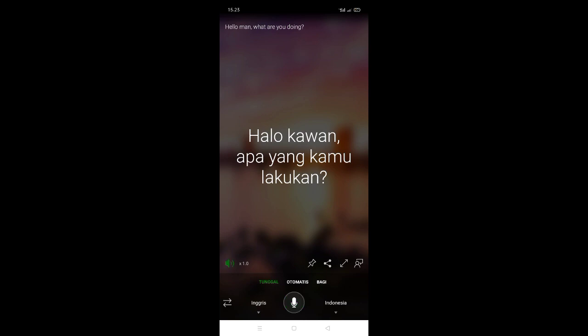Halo kawan, apa yang kamu lakukan? You can see that not only what I say is translated, but it is then read aloud to the individual I'm speaking with. Notice that I can always flip the screen around and they can reply at any time. Let's go back. Alright.